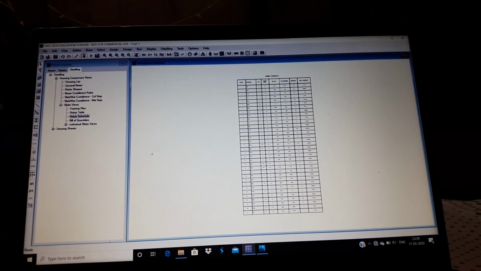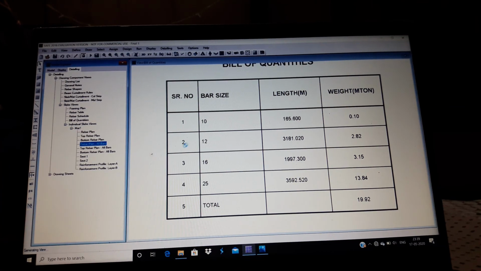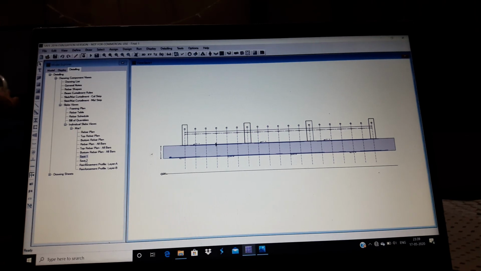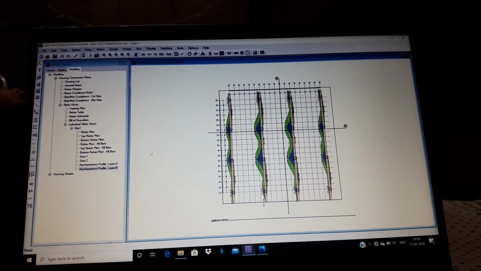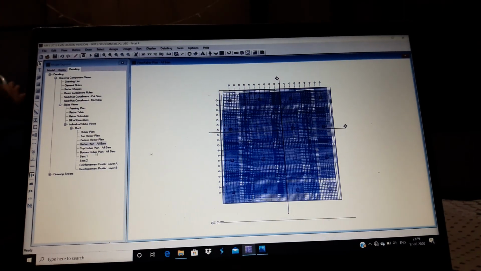Rebar schedule, bill of quantities, and anything you want from these. Section 1, reinforcement layer A, reinforcement layer B, all bars, rebar plan.